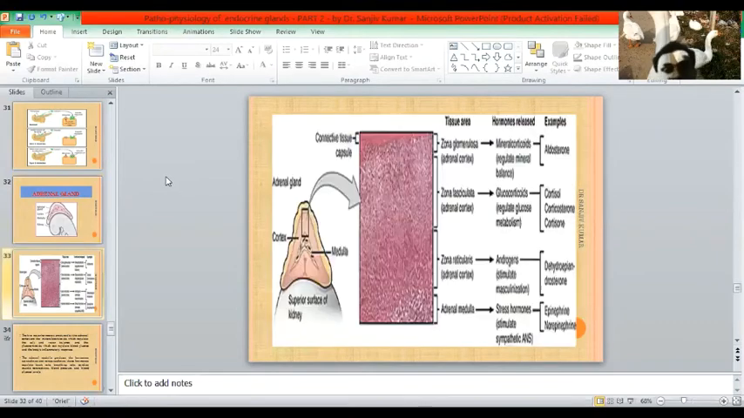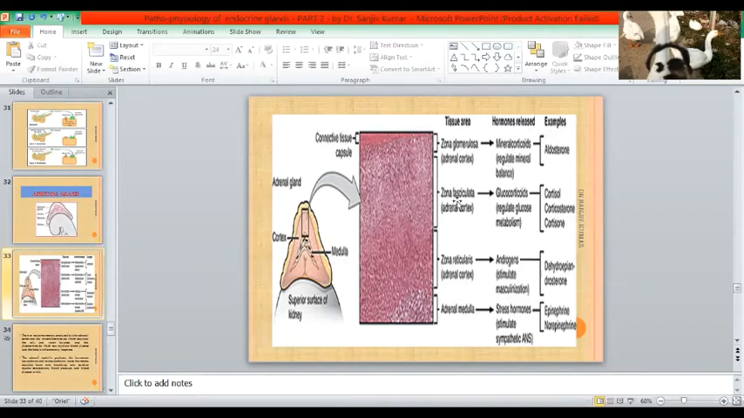You know this. The cortex part, and this is the medullary part. In the cortex part, there are three different arrangements of cells. The first is zona glomerulata, second zona fasciculata, and third is zona reticularis. Zona glomerulata is responsible for production of aldosterone, which is basically a mineralocorticoid that regulates sodium and potassium ions in